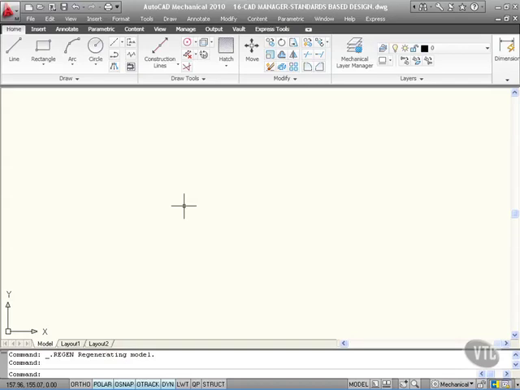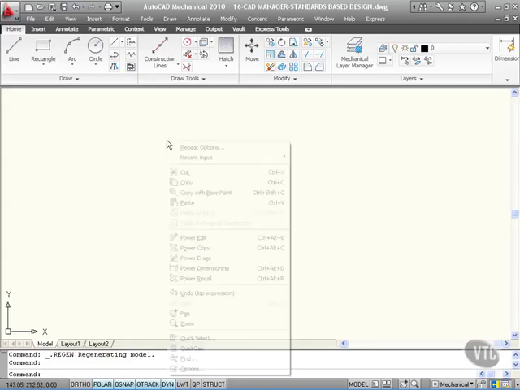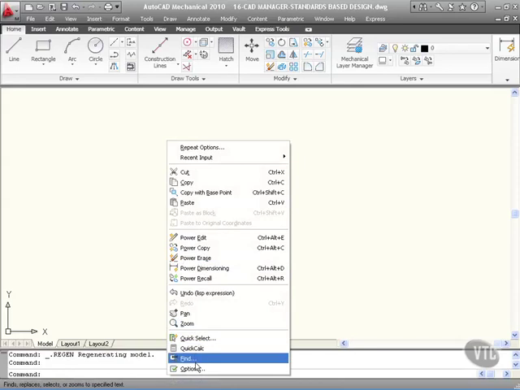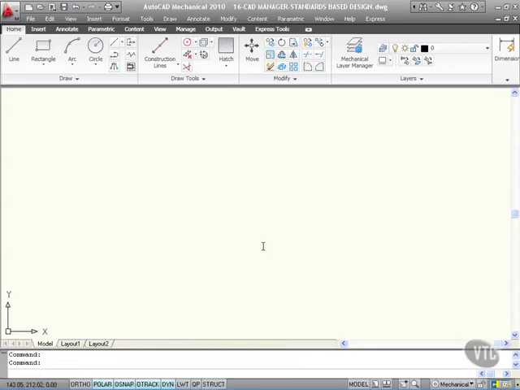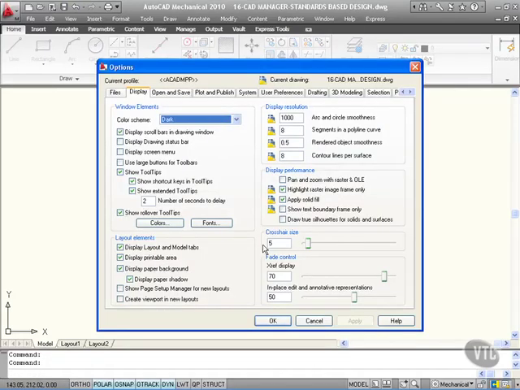So what does AutoCAD Mechanical 2010 have to offer the CAD Manager? Well, in this drawing, which is a blank metric ISO drawing, we're going to look at standards-based design. Now to do that, I right-click and I go to the Options dialog box by selecting Options at the bottom of the shortcut menu. Using the arrows at the top of the Options dialog box, I click across and find